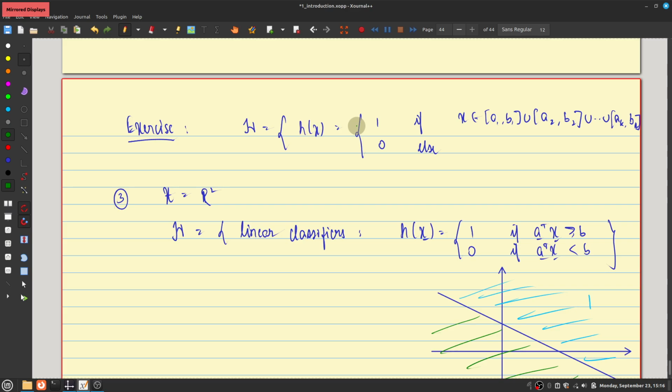Of course it's binary, but you have to be a little careful. I'm assuming that it's only the set of functions for which h of x is equal to 0 if this happens and 1 if this happens. You're not taking the union of those two sets, only one of them. So then the VC dimension doesn't change. If we considered it like a 3-class problem, then the VC dimension is not the right combinatorial quantity.